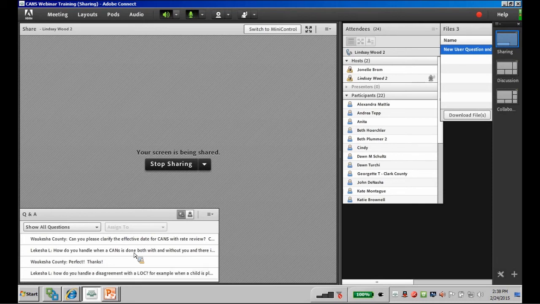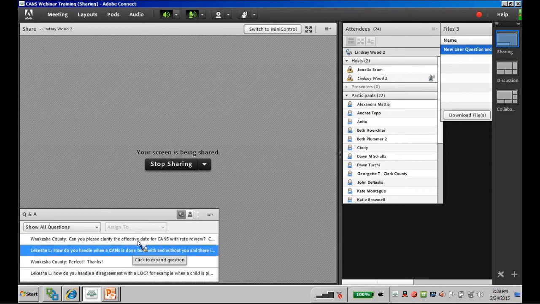Now, when you do your second CANS and your subsequent rate setting, as long as the child doesn't move, as long as the child's with the same provider, you have to work with the staff who are doing your CANS to make sure that the rate setter has time to do everything they need to do, because now those dates are synced up at the same date, March 17th. Your CANS will be the 17th, and rate setting, depending on when you did it, is usually within 30 days.